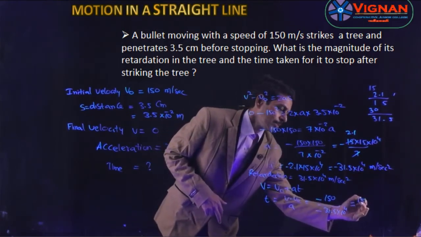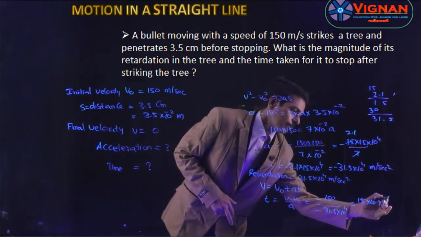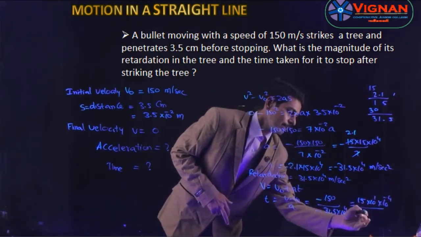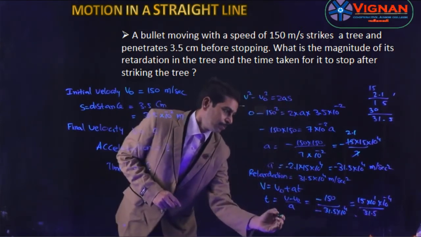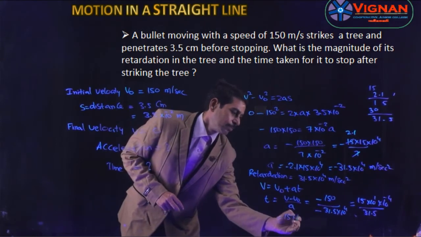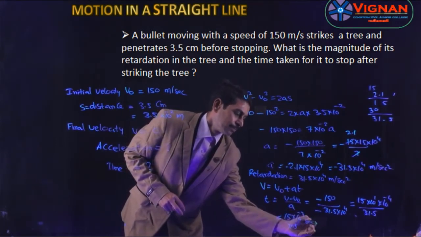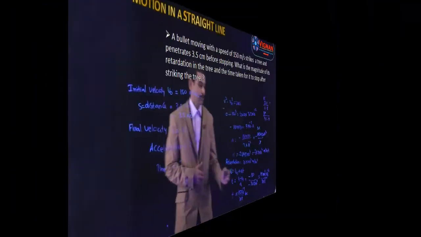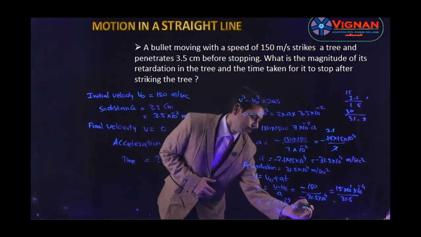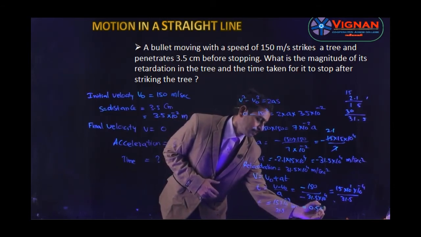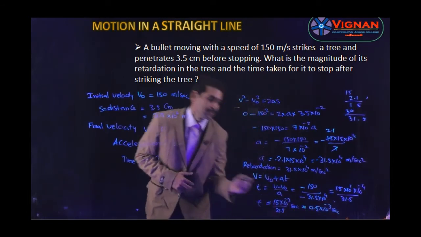So this is nothing but 115 into 10 power 1 into 10 power minus 4 divided by 31.5. So minus 4 is nothing but 10 power minus 3. So 15 into 10 power minus 3 divided by 31.5 seconds. So by using this calculation, we got the time. So we get approximately 15 by 30, which is nothing but 1 by 2. So 0.5 into 10 power minus 3 seconds. So you get approximately this value. So this is the time taken